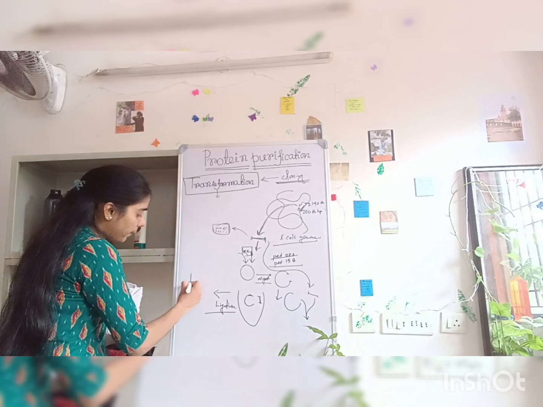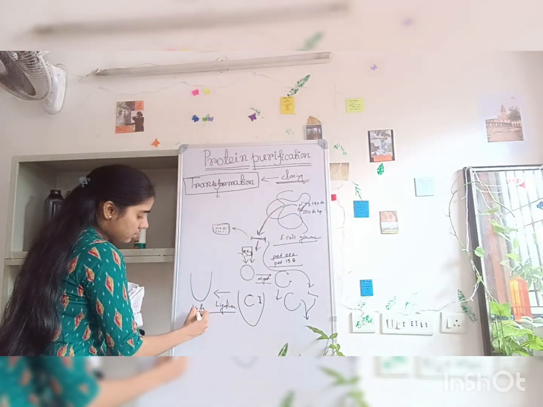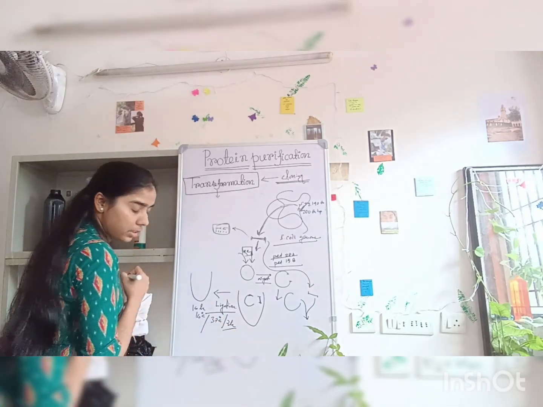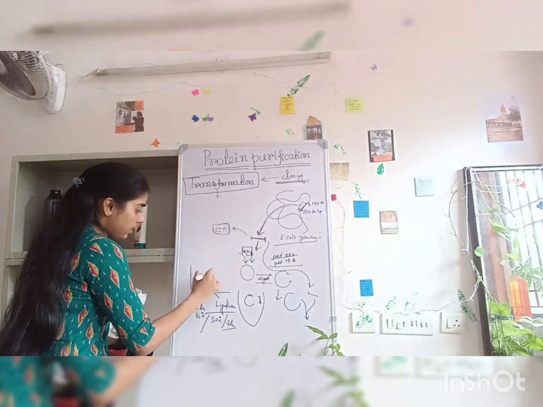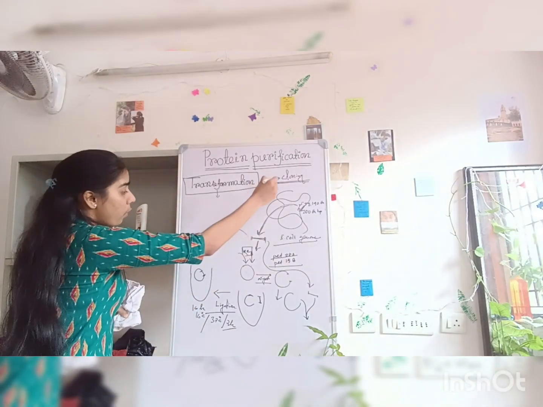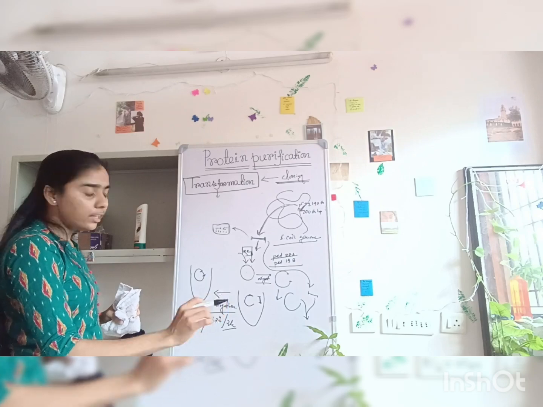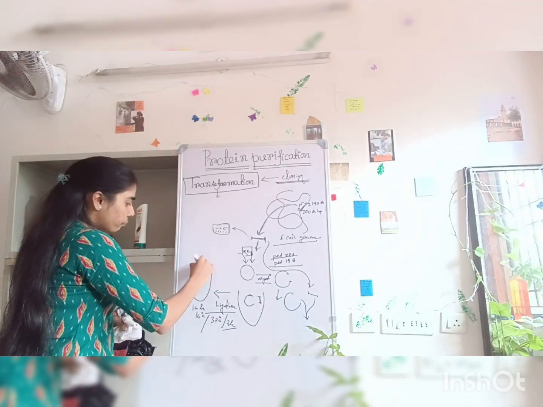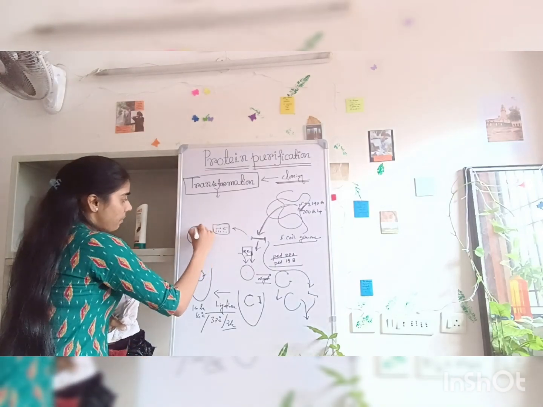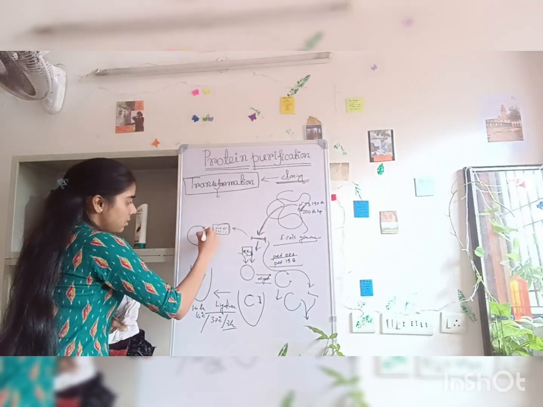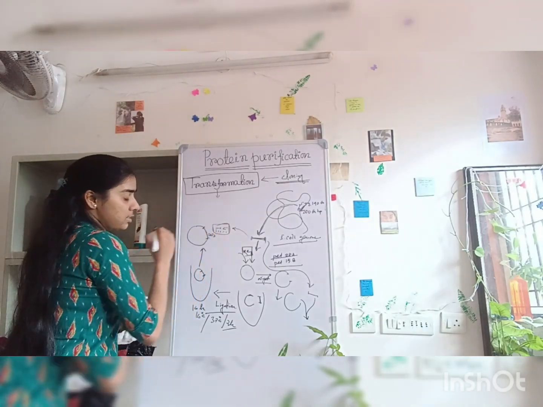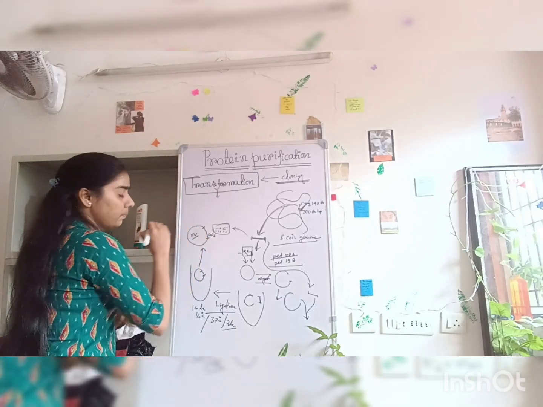Now in ligation, what will happen? We will keep it for 16 hours at 16 degrees Celsius, or 37 degrees Celsius for 3 hours. What will happen in this vial? Our gene of interest will be inserted into this vector. So this whole step is called cloning, right? After the cloning process is done, I have my expression vector including my gene of interest. This is the gene on which we wanted to work. This is called the gene of interest, GOI, and this is the expression vector, right?